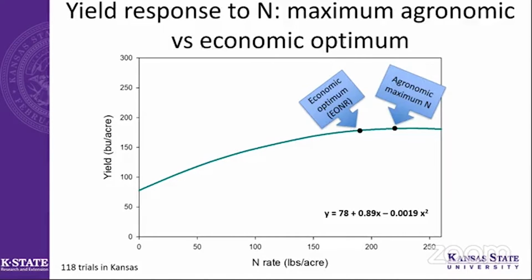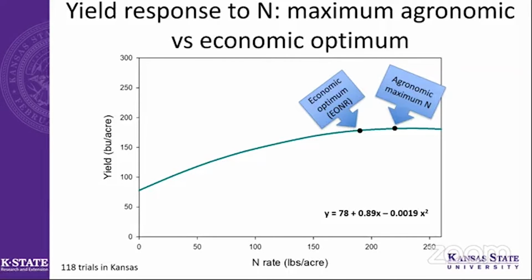Okay, so I'll switch a little bit and just touch on nitrogen, and again, Lucas will talk more about this, but just wanted to introduce this concept of economic optimum nitrogen versus the maximum agronomic nitrogen. And we often talk about nitrogen application rates, and it seems like we have in mind really the agronomic rate. What's going to be that optimum nitrogen rate? But we tend to think more from the agronomic standpoint, but really we should be thinking about the economic optimum, because obviously nitrogen is not free, right? If it is free, then obviously we want to go for maximum, but given the prices,